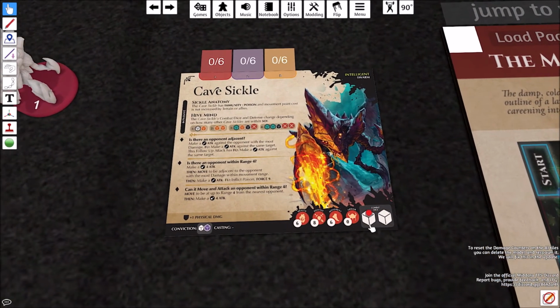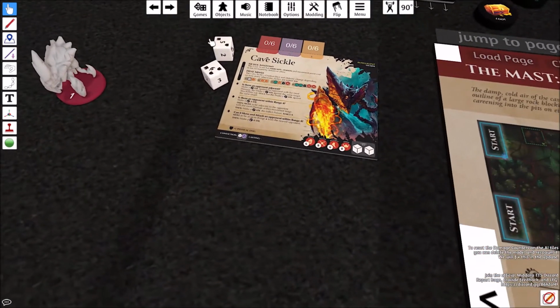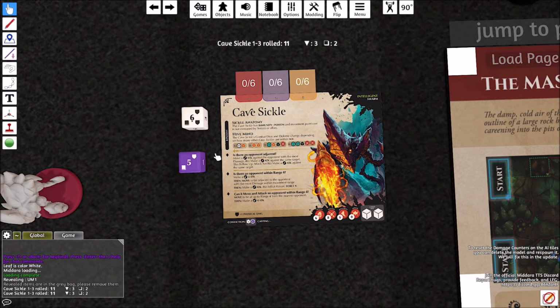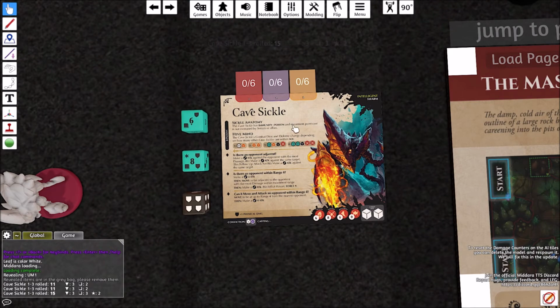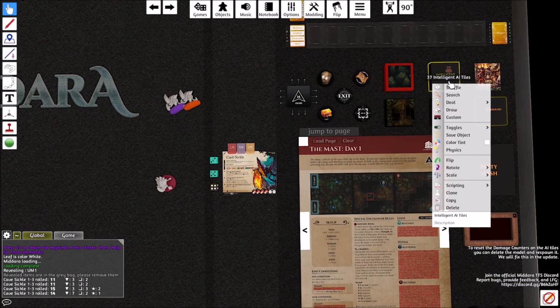So what you can actually do is, if you're just doing a Cave Sickle by itself, make an attack roll, click this here, and it will spawn the dice off to the side there, and roll it. And then if you want to do a conviction roll, it'll replace those dice. Same thing here. If it includes an empower die, it will include the power die. The only thing it doesn't include is if you're using a combatant like